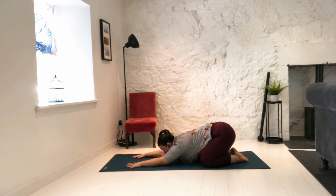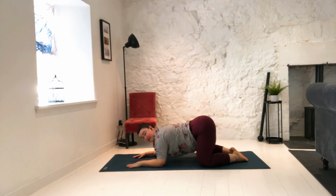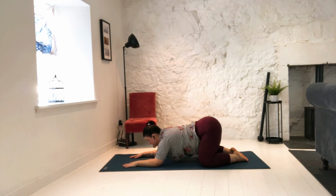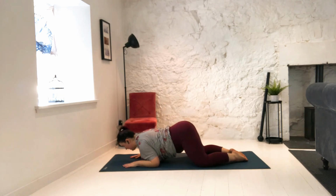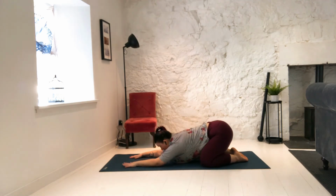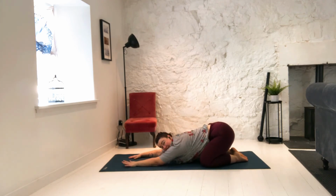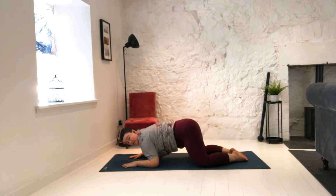Inhale, push into your forearms, slide forward and back. This is a different movement. Don't exacerbate the elbows by pushing yourself too far forward, but just a forward and back rock. Don't worry about if the back arches. In fact, let your spine relax. If it arches, great. If it doesn't,